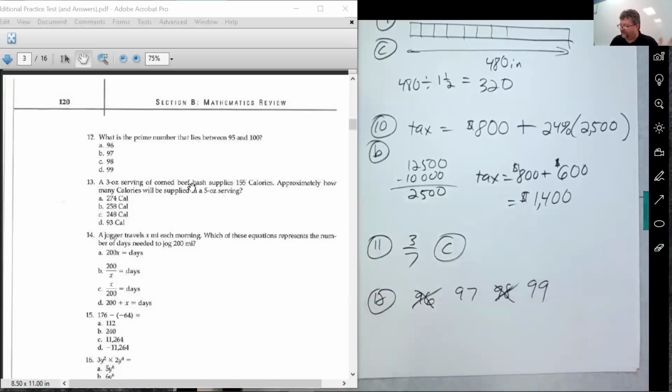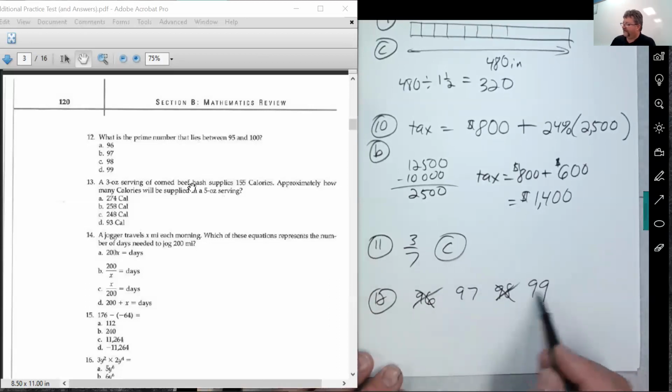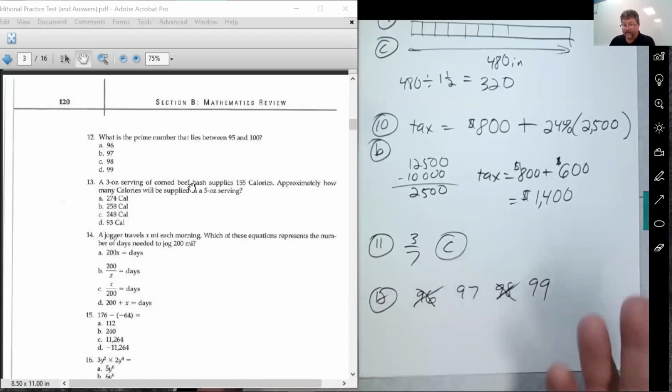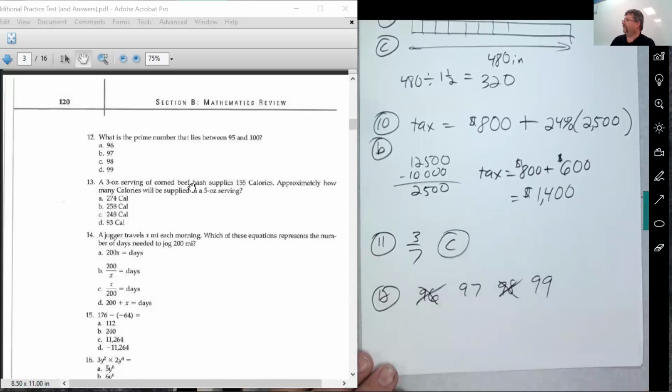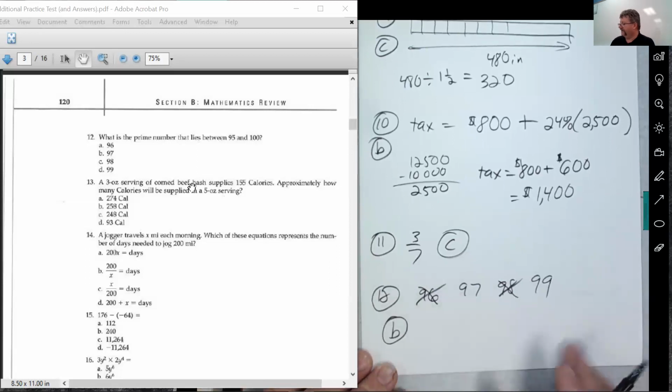They're not going to be prime because I can always divide by 2, and then that's a factor. So it's these 2 odd numbers. Now this one, I think it's blatantly obvious that 99 I could divide by 3, right? So 99 could be factored. 97 cannot be factored. Okay, so 97 would be our only choice there for a prime number, and that's choice B. Okay, so kind of process of elimination there.